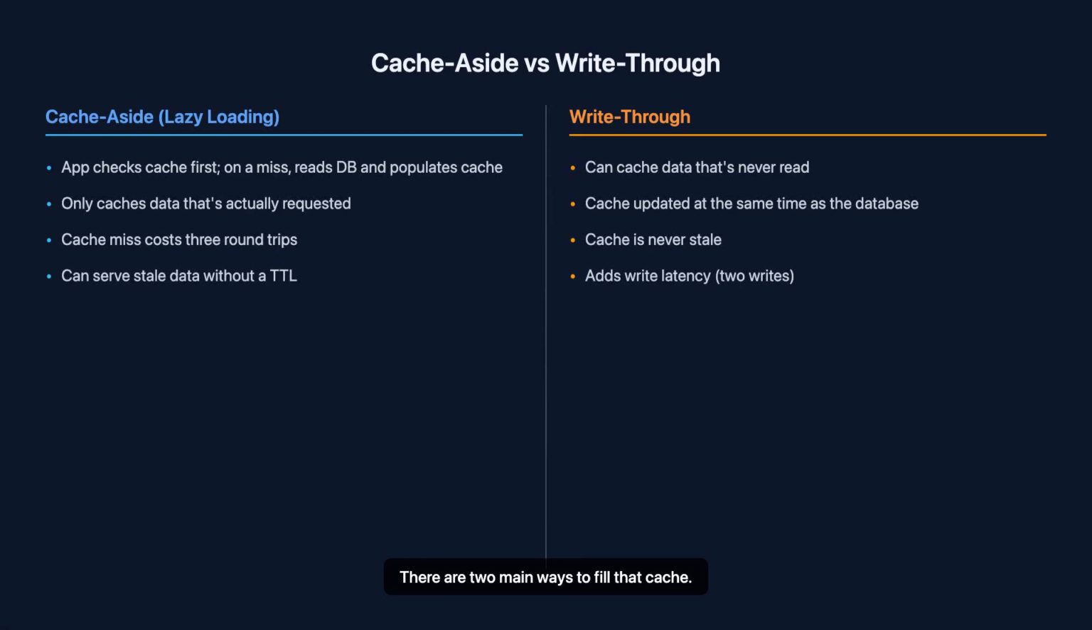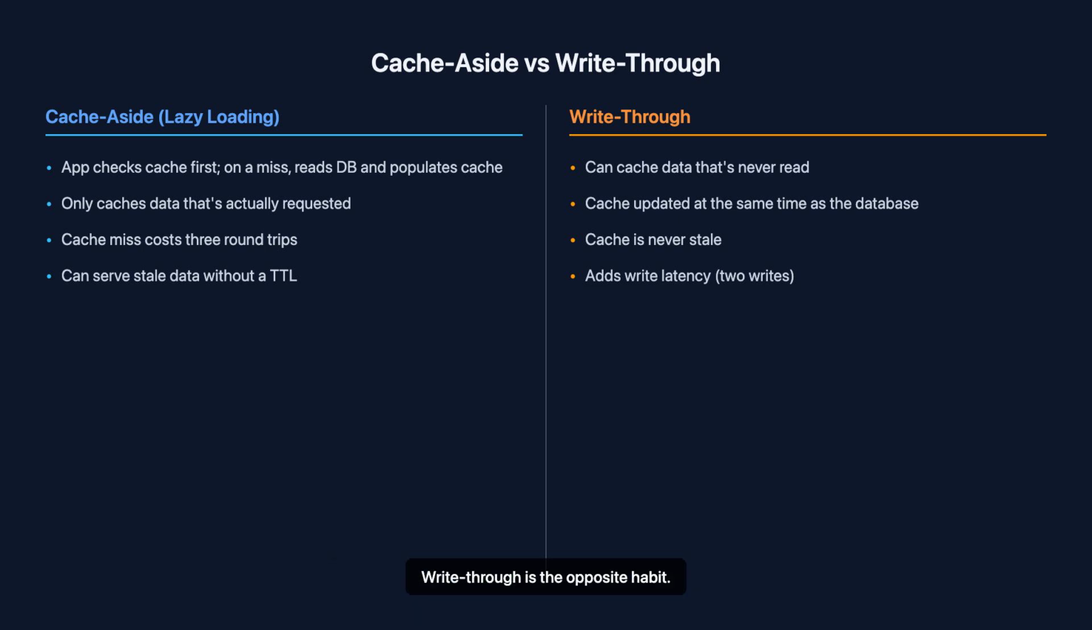There are two main ways to fill that cache. Cache aside, also called lazy loading, works like keeping a notepad next to the phone. When someone asks for a number, you check the notepad first, and only if it's missing do you look it up in the big directory and jot it down. So the app checks the cache first, and on a miss it reads the database and populates the cache. The upside is you only ever cache data that's actually requested. The downsides are that a miss costs 3 round trips, and without a time to live, the cache can serve